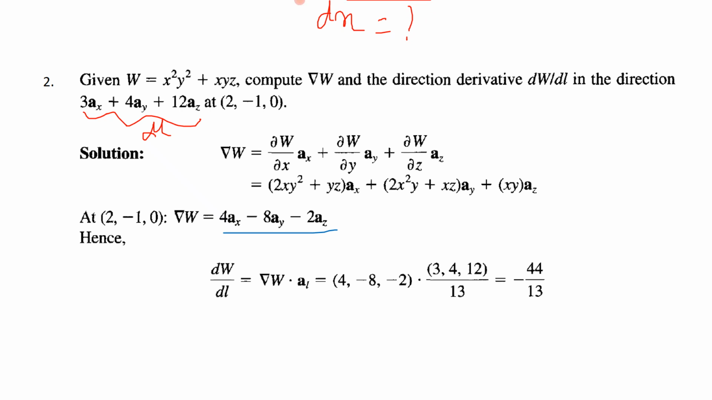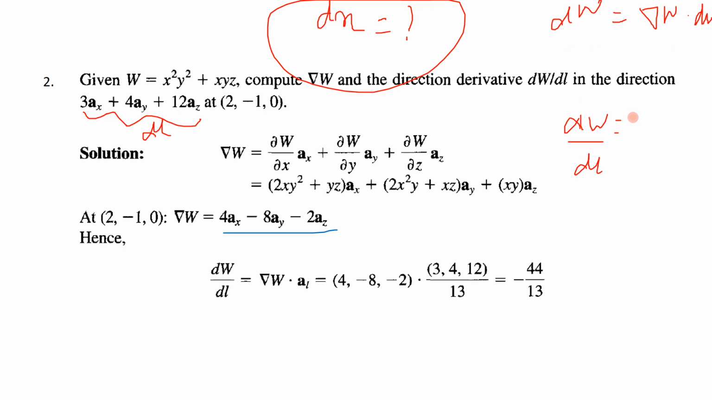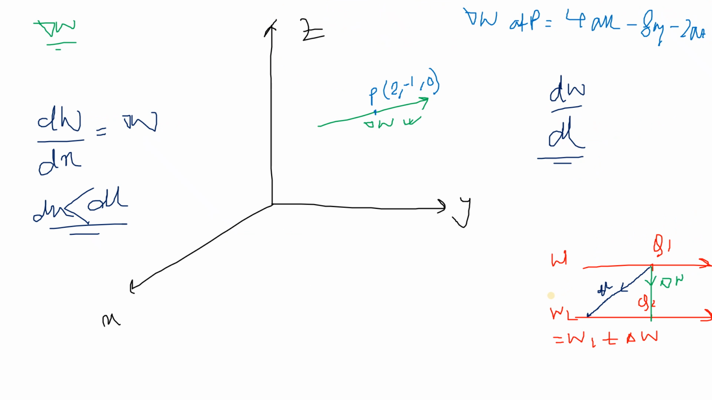This is dl. But dn, the shortest path, we don't know. If we know the shortest path, then we can calculate dw like this, then calculate dw by dn, dl, and we would get the result. But because we don't know this value, what we do is we will take the gradient, which is dw by dn, and we will multiply this direction with it,